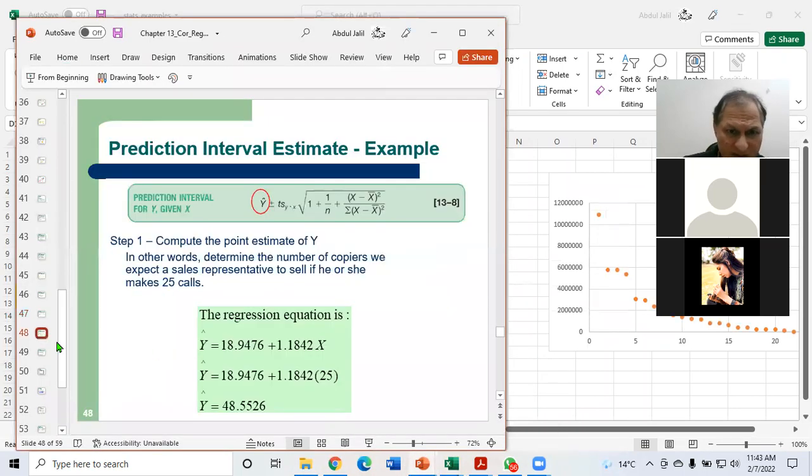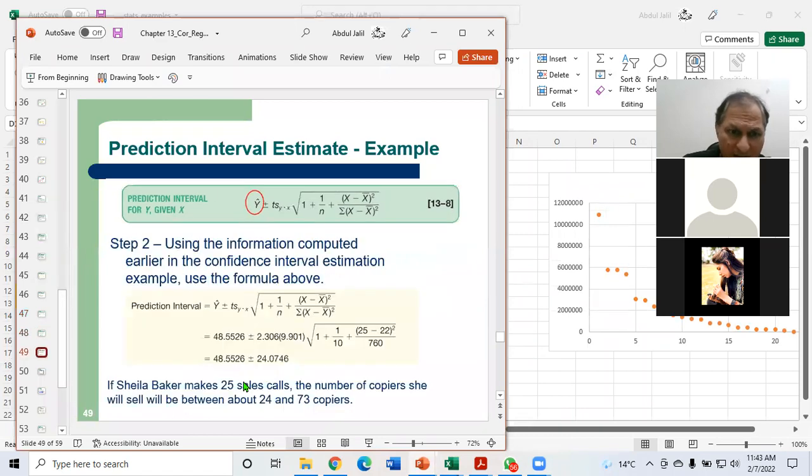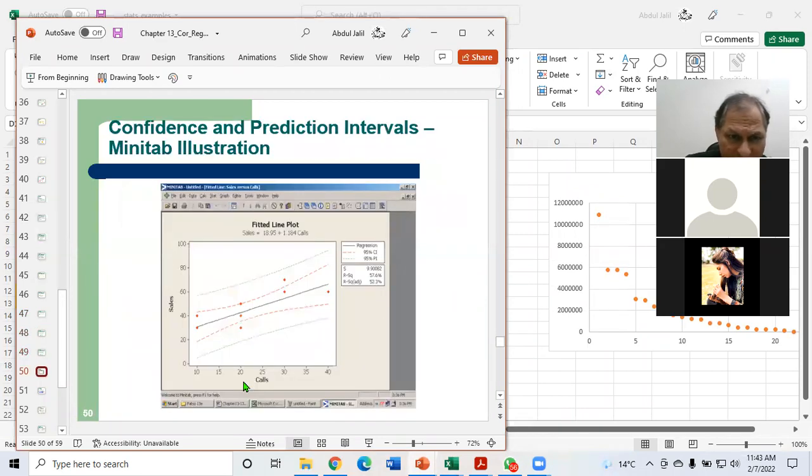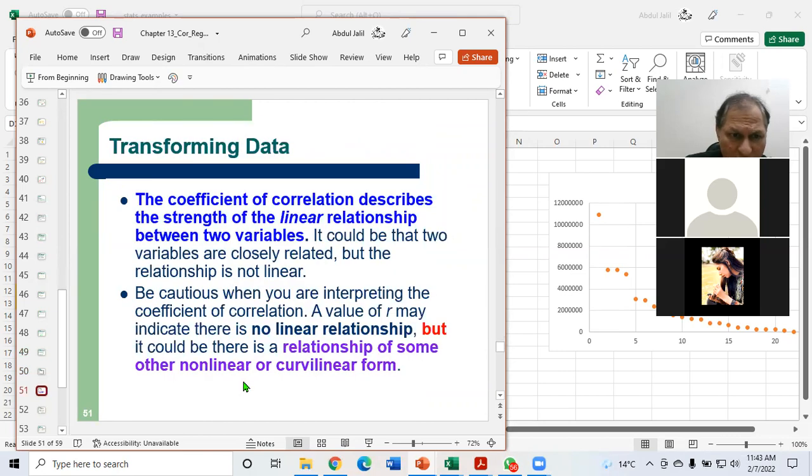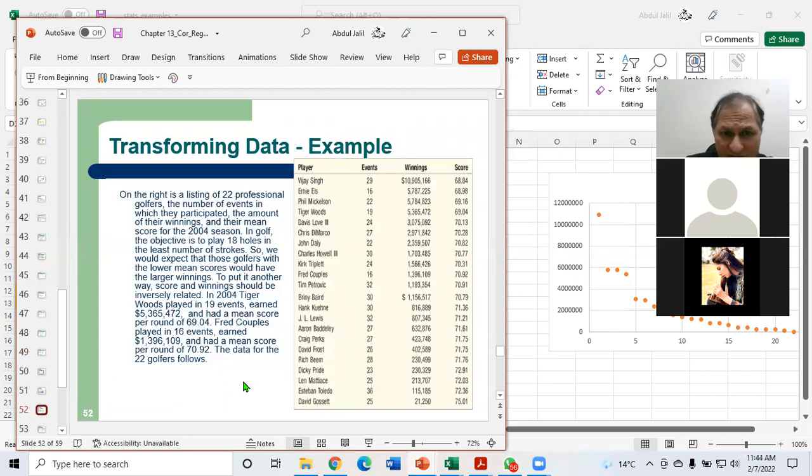Just like using the same strategy, we are going to apply another data set. This is the Minitab which has been used. Whenever we are going to use some data set which needs some kind of transformation, then we can transform it into a different shape, and a relationship which may not be linear can be converted into linear form.